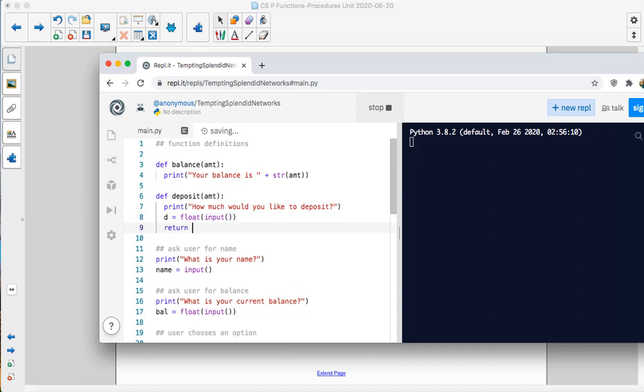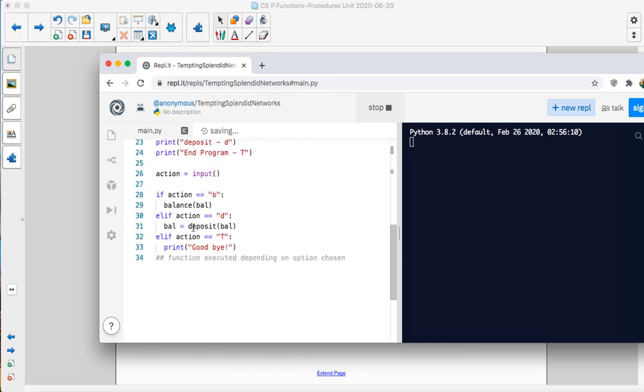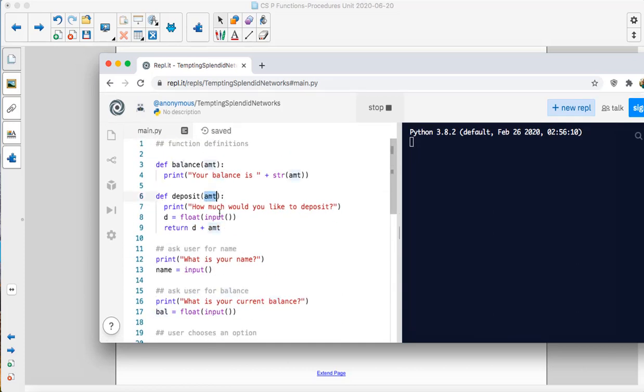And then we're going to return D plus AMT, which is the current balance. Remember, when we called this function, we sent the current balance as an argument. So now we can use it like that. So if we run this,